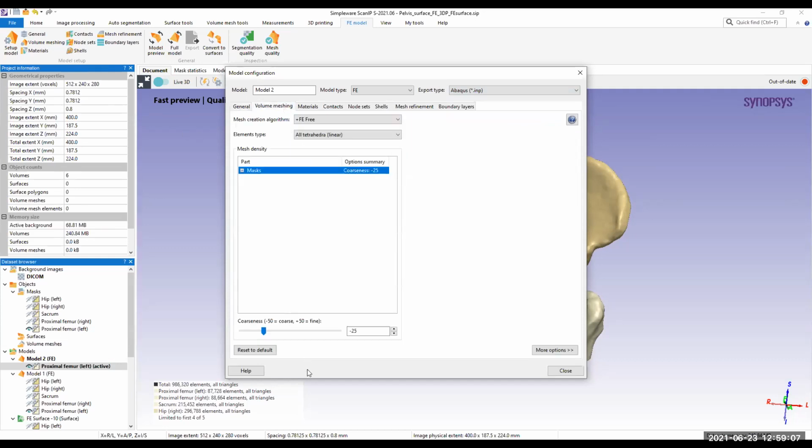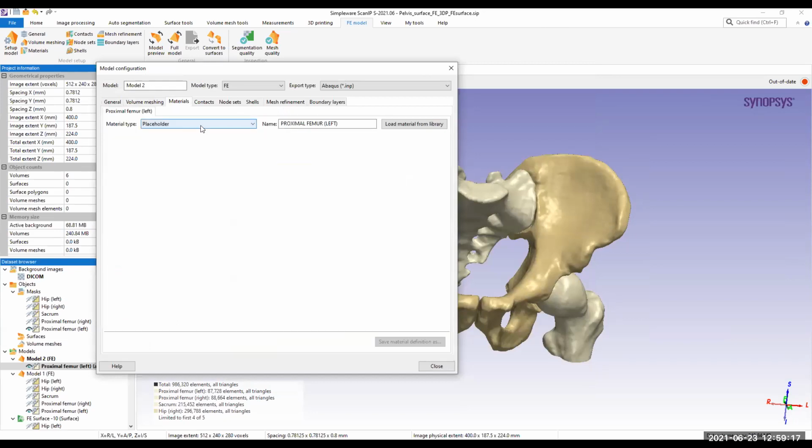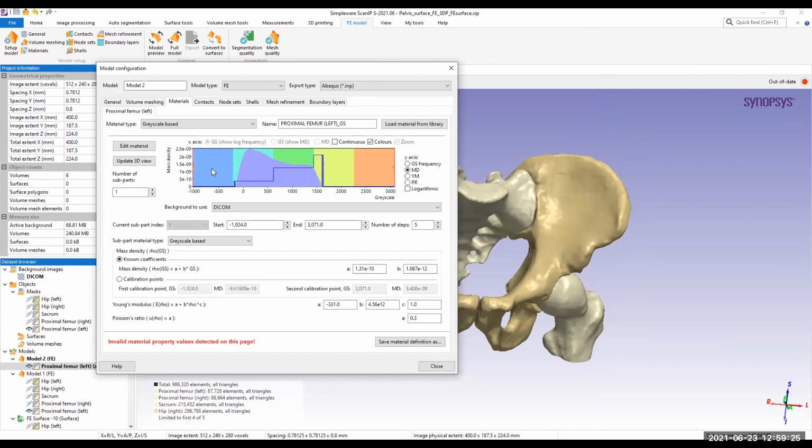We can change the volume meshing coarseness, the coarseness of the elements that we are going to generate. Over here, I can decide about the materials. I can give material properties, either homogeneous or heterogeneous. In case of heterogeneous, I can define the material properties based on their grayscale values. That is also an advanced setting that I have here.